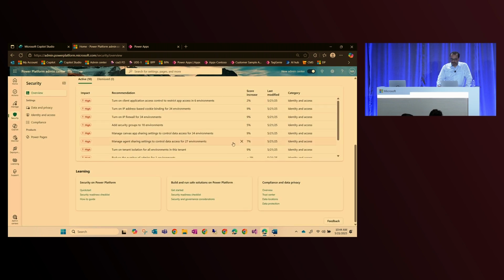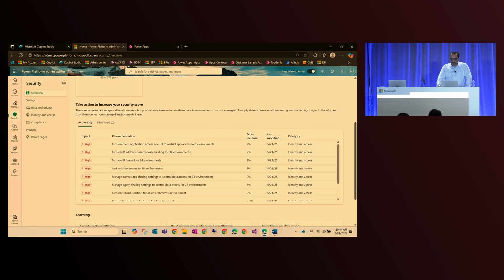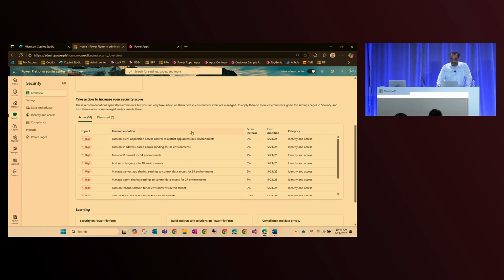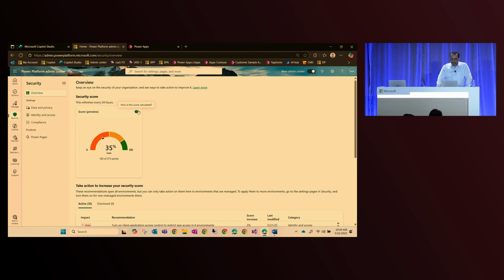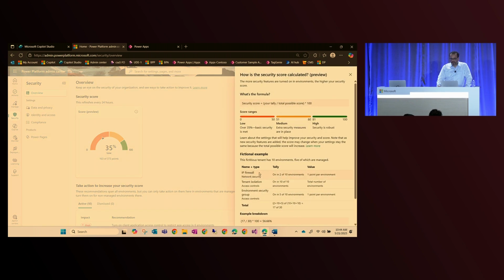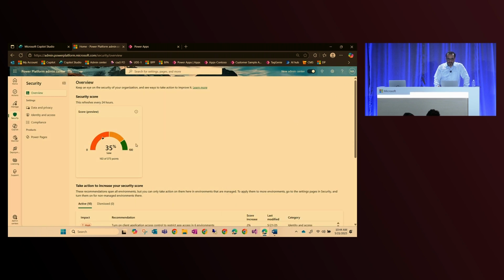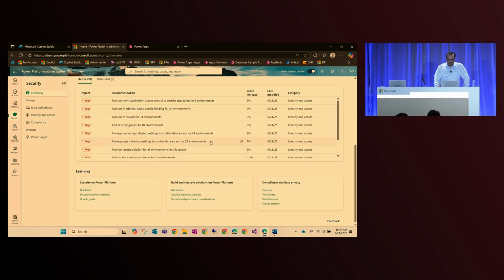For example, if you see some of the recommendations here, I have around 30 plus environments on this tenant, and it is showing me the current situation and giving me some recommendations as well. So based on this, if I, for example, enable a firewall in one environment or two, it actually gives some score on it. Your score is calculated as your tally divided by the total possible score, multiplied by 100, and this gives you a view of what type of security options you can select to enable on your environment as well. So let's take an example for a few cases. What I did was to show you some examples.